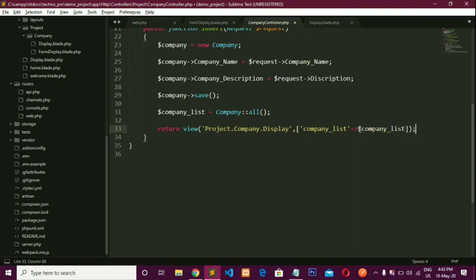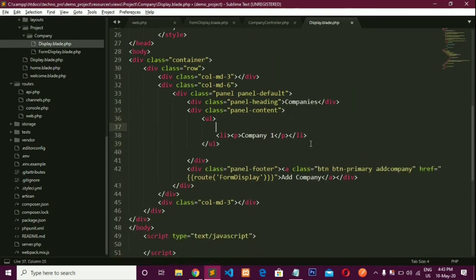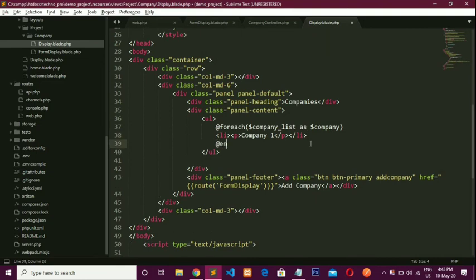Now go to display.blade.php, remove this, and write foreach, sorry, as $company, and endforeach.